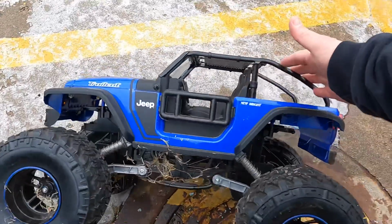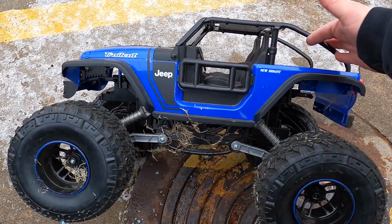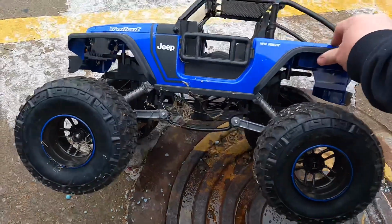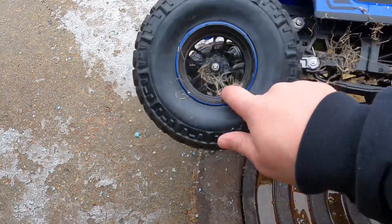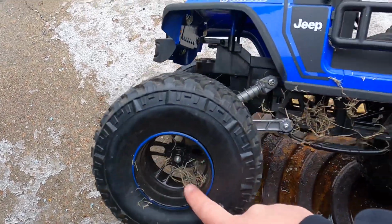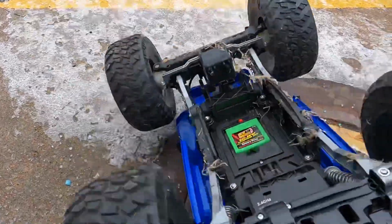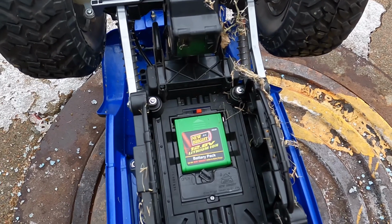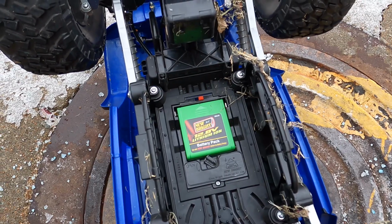The last thing we got is this New Bright Jeep, really large RC Jeep. Here's the deal on this, it's our 9th item, but it's actually going to pay off for more than that because I don't sell these in entirety. Basically I part them out. So I'm going to sell the tires by themselves as one lot, the wheels as another lot, the shell as another lot, and then I've never found yet, this is my first time finding a New Bright with actually the New Bright battery there. This battery right in here,